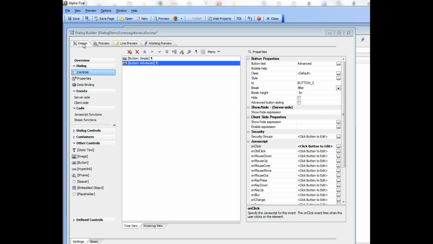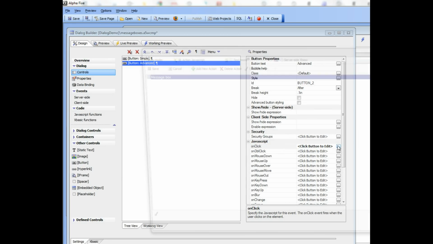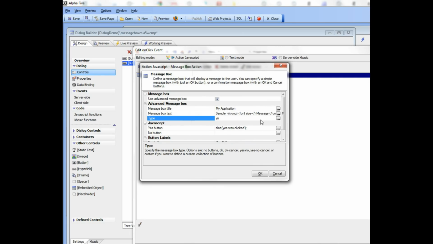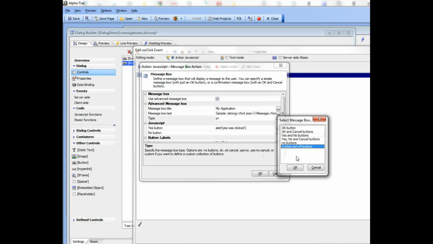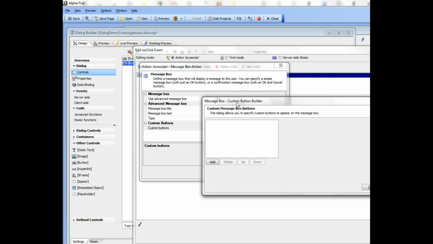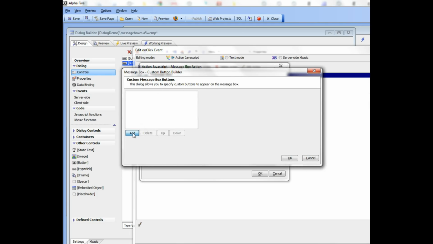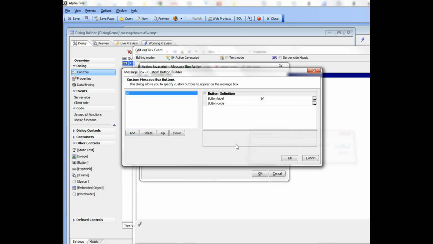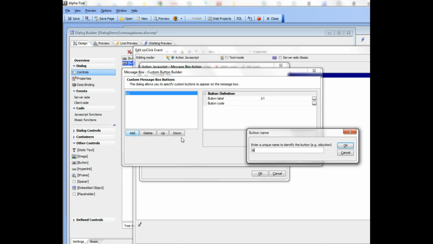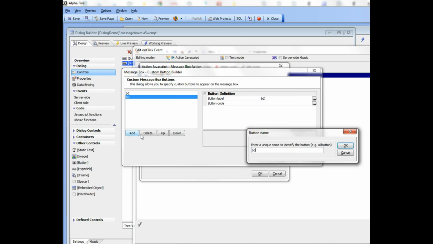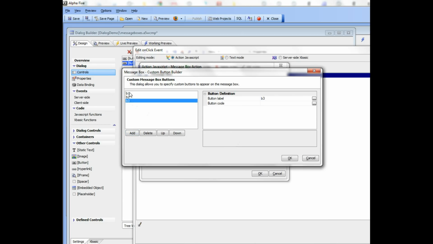So let's go back to design mode, and then again open up the editor, and this time we're going to change from yes no buttons to a custom set of buttons, and then we're going to open up our builder, and now we can define the buttons that we want. So let's define a button called say B1, and then another button called B2, and then another button called B3. Then for each button let's say this is my label, so I'll call this say